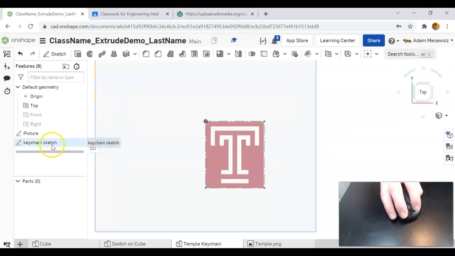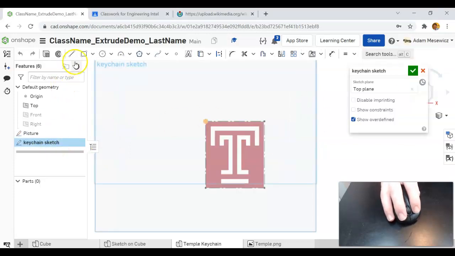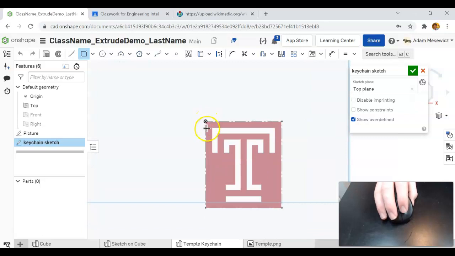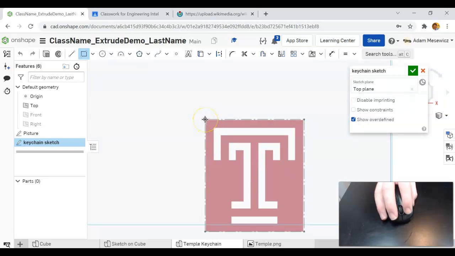Okay, so now let's go back to our keychain sketch, and now we can do the corner rectangle. So again, it's the corner rectangle, not the center point rectangle. And we will start in the top corner. We're going to get these auto constraints that we don't want. So we'll go ahead and hold shift. If you move off and hold shift, notice when you move back over it, those auto constraints don't pop up. So just make sure that you are in the top corner there, and then we can go down and across,